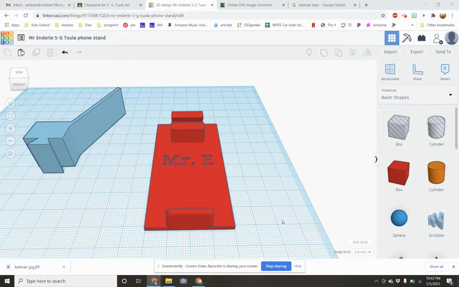Hey, fifth grade, I wanted to show you another way to bring in images. Now, sometimes when you're searching for an SVG file online, it's not always easy to find. Sometimes you're just going to find a JPEG, or it's going to say it's an SVG, but it's not. So I'm going to show you how to take a regular JPEG image and convert it into a file that